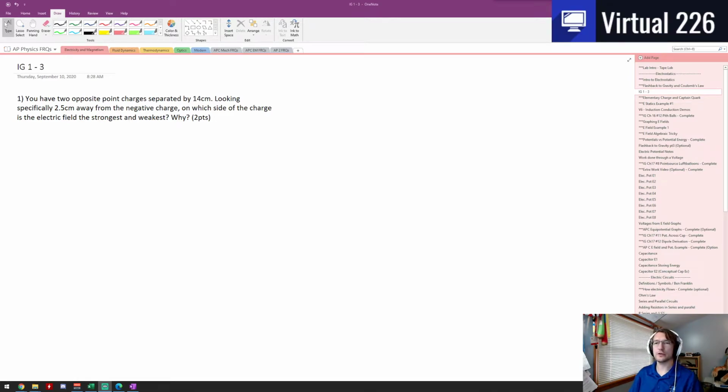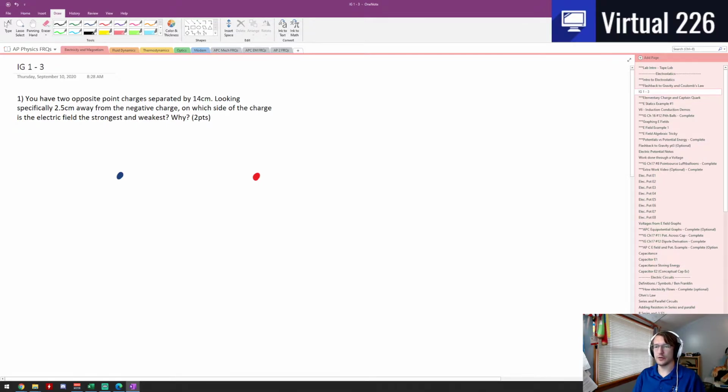Okay, here we're cruising and doing some intergalactic solutions for Chapter 16, problems 1 to 3, so electrostatics. For number 1, you have two opposite point charges separated by 14 centimeters. So here is a negative point charge, here is a positive point charge. Looking specifically 2.5 centimeters away from the negative charge, on which side of the charge is the electric field strongest